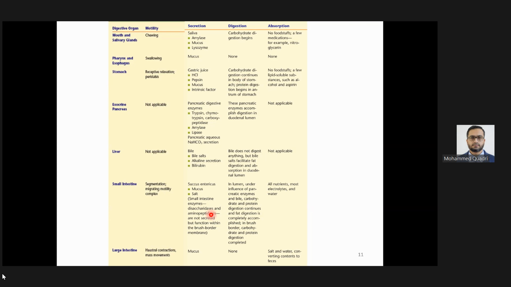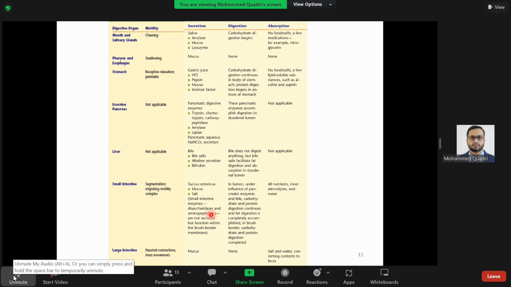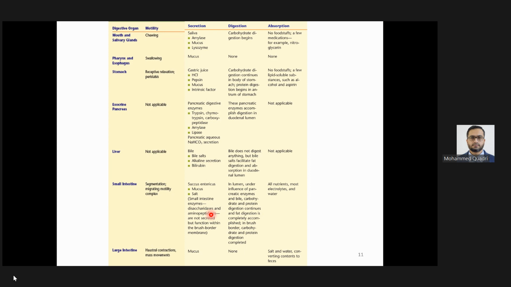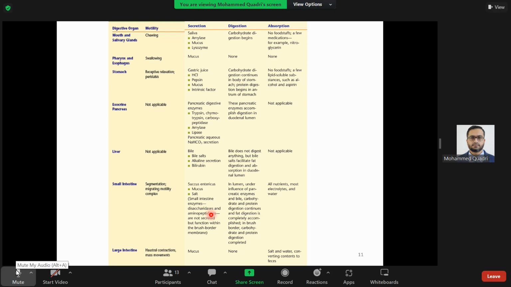Secretions come from where? Come on, Mac, reply to my question. Secretion to the small intestine comes from where? Pancreas. Okay, pancreas and